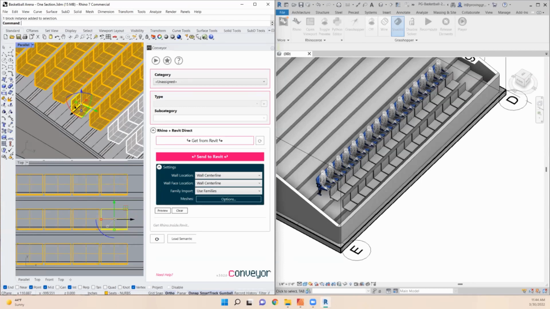This is something that comes up quite a bit. Once you've transferred information such as families into Revit, is there an active link back, meaning that if you change something in Revit, you're able to push the changes back into Rhino? Not exactly. You are able to bring, and maybe I can start off the next section here with this. You can bring Revit geometry back into Rhino, but it's not going to necessarily affect the original element. So that feedback loop is